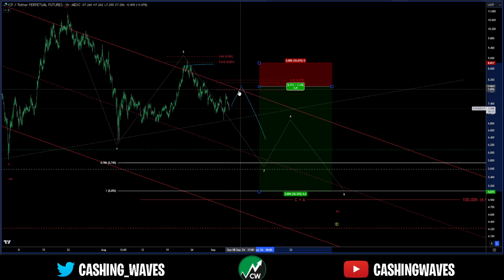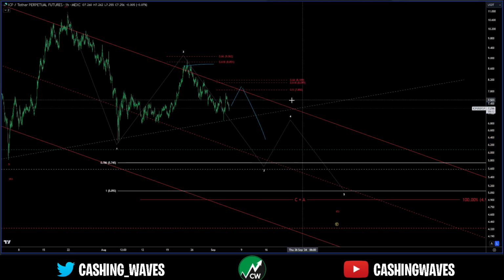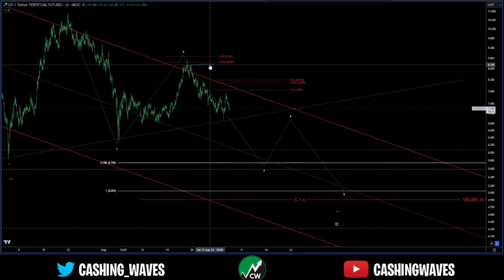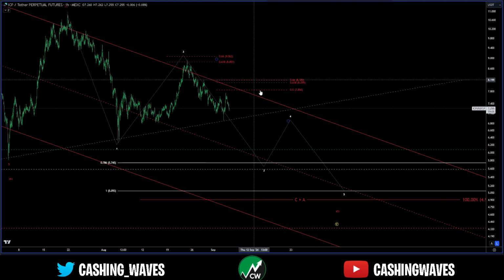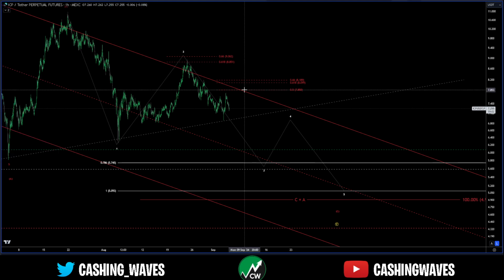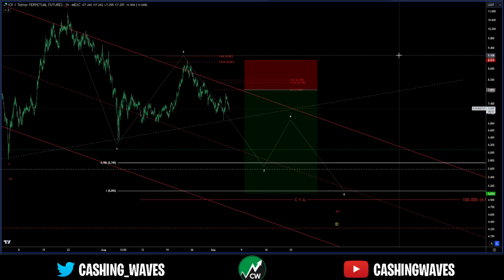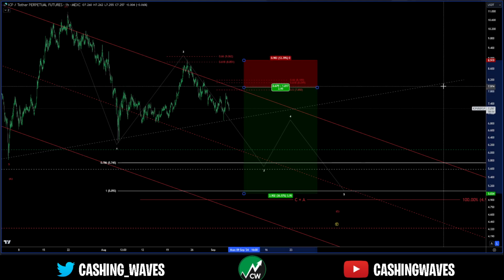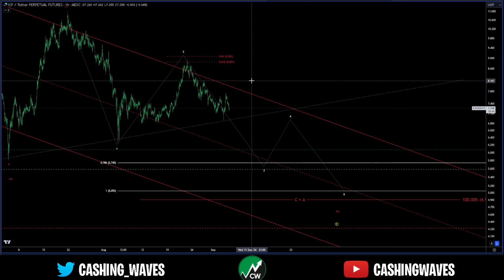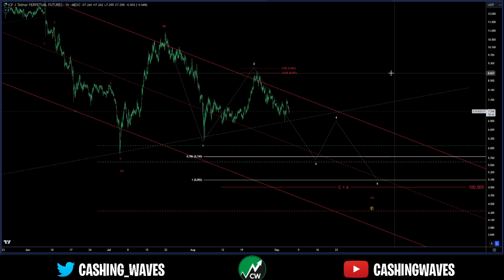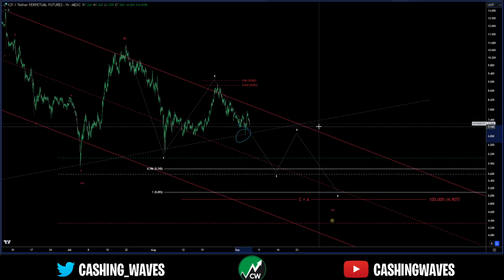I would actually wait for the C wave and get in something like this. Very tight, but that's me. I'm watching the charts all day. I'm down on the 1-minute chart looking for exact setups because I watch it very closely. But that would be a fine trade for a swing trader. Not financial advice, just giving a couple tips there. So that's what I'm looking for, expecting it to fail at this point. That is my primary. The only way I'd see recovery, again, is this as a triangle, and that's the low.